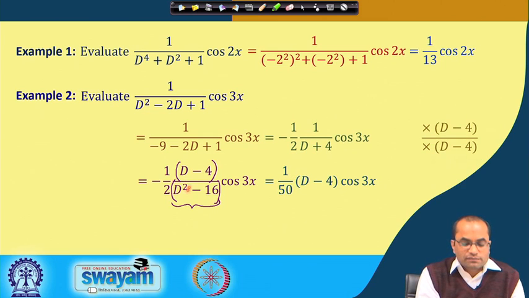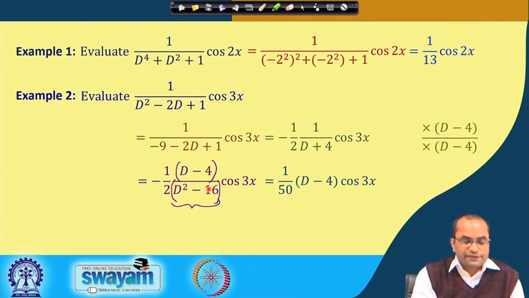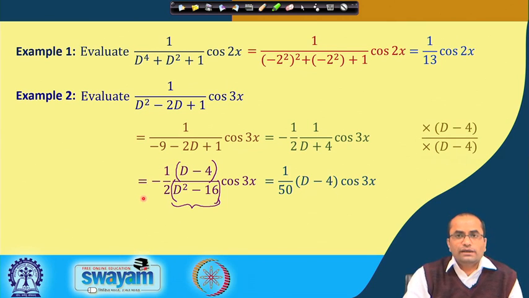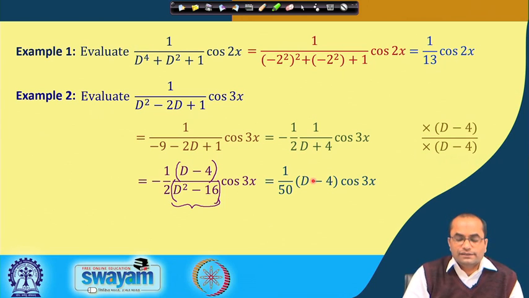d square is replaced by minus 9, minus alpha square. So, minus 9 and minus 16. So, we will get minus 25, and then we have minus 1 over 2. So, we got here 1 over 50, and then d minus 4 operated on this cos 3x,